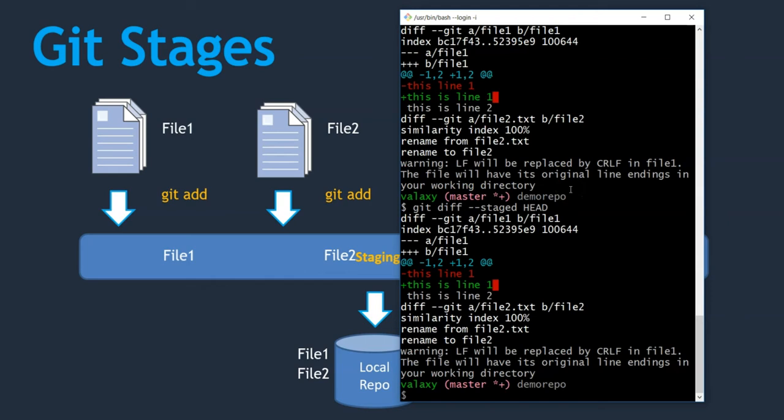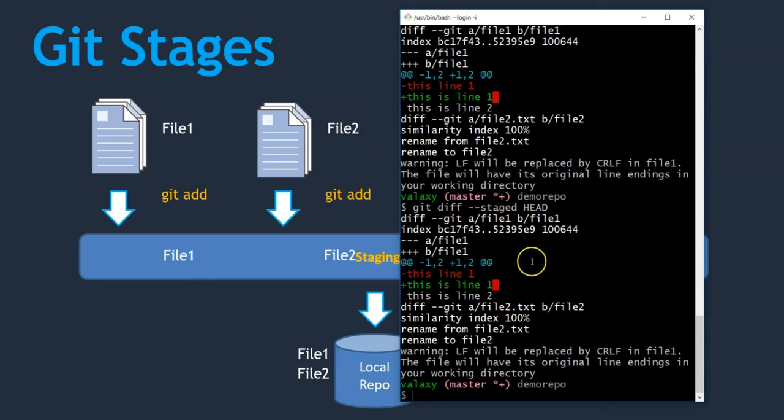Now one last thing I want to do, that is I would like to compare the working directory with the local repository. Nothing but whatever changes I have done over here and whatever commits I have done, I would like to compare these two. If you do remember, in file 3 over here we have 3 lines. Here we have 2 lines, but one line is with typo. So this line 1, this entry is there in the file 1, and here file 2 as file2.txt, here it is file 2.